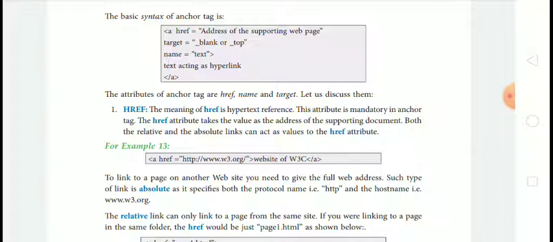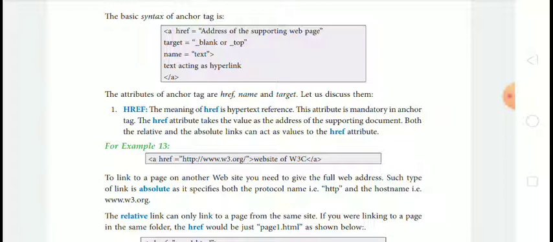The basic syntax of the anchor tag is: A, that is the anchor tag, then the attribute href, which is mandatory, with the address of the supporting web page, target equal to blank or top, name equal to text, then the text acting as the hyperlink, and then close the anchor tag.